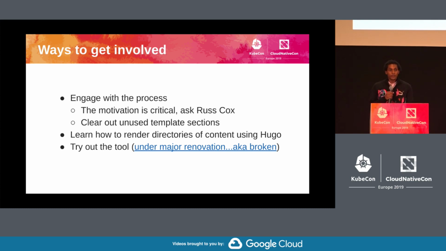Or if you've got your favorite static site generator, anything that runs in a container is generally fine. And if you download the slides here, you can get a link there. There's a preview version of the KEP-Cuddle tool. Total prototype, does not work, is not fit to be released yet. But that is where I spent a lot of time trying to sketch out a prototype that we can get in front of people, get in front of maintainers to start playing around with.